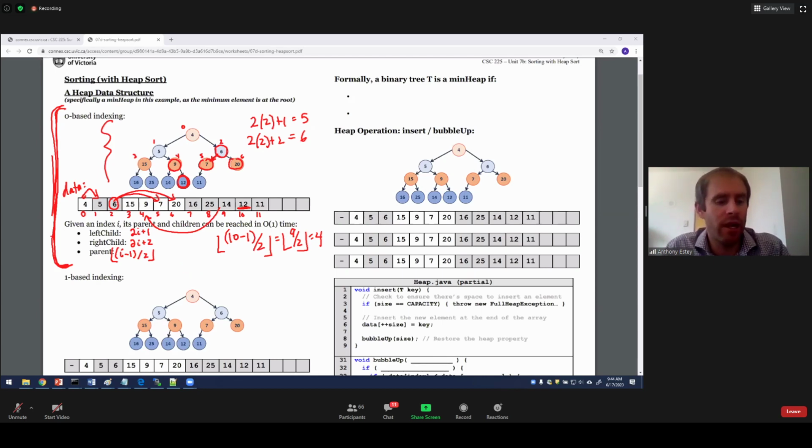And I talked about how you can do this with an array starting at index 0, which we're showing here. This is zero-based indexing. But it's a little bit more complicated, especially getting the parent of a node. To get the parent, you have to subtract 1 from your index number and then divide it by 2. So when we scroll down a little bit, we'll see that